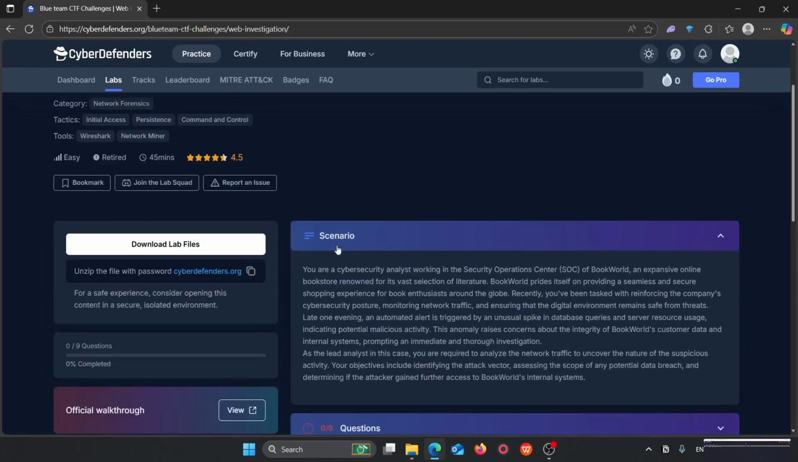So the scenario says you're a cybersecurity analyst working in the Security Operations Center of Bookworld, an expansive online bookstore renowned for its vast selective literature. Bookworld prides itself on providing a seamless and secure shopping experience for book enthusiasts around the globe. So, recently, you have been tasked with reinforcing the company's cybersecurity posture, monitoring network traffic, and ensuring the digital environment